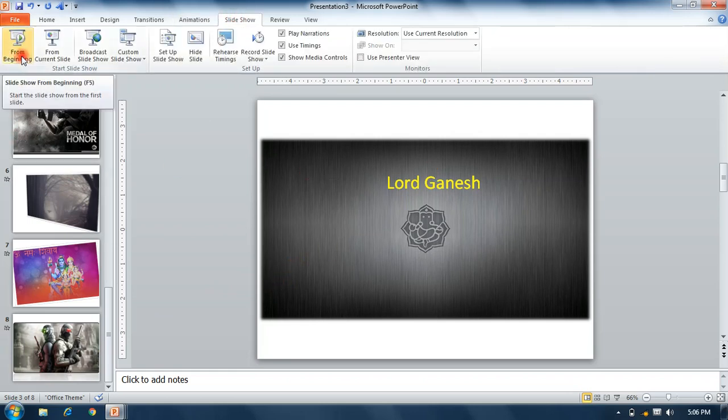The Slide Show tab displays options for how we can execute our slide presentation, from beginning or from current slide. From beginning, our slide show starts from the first slide, and from current, it starts from whichever slide is selected at that time. The shortcut key from beginning is F5, and from current slide is Shift F5.